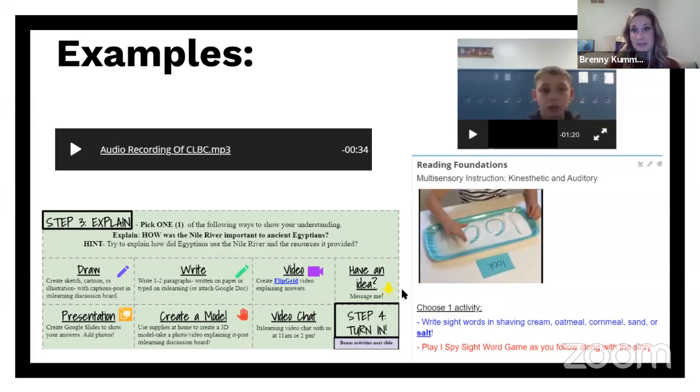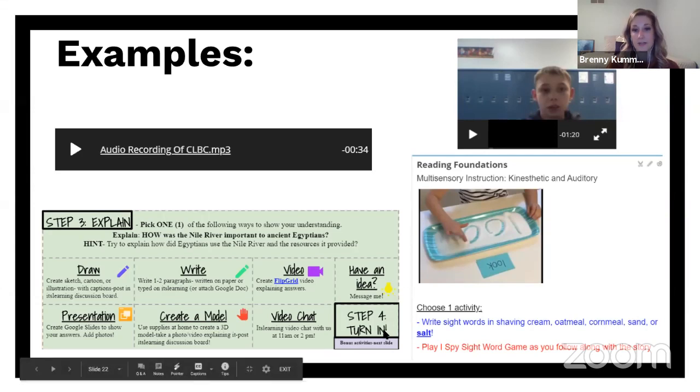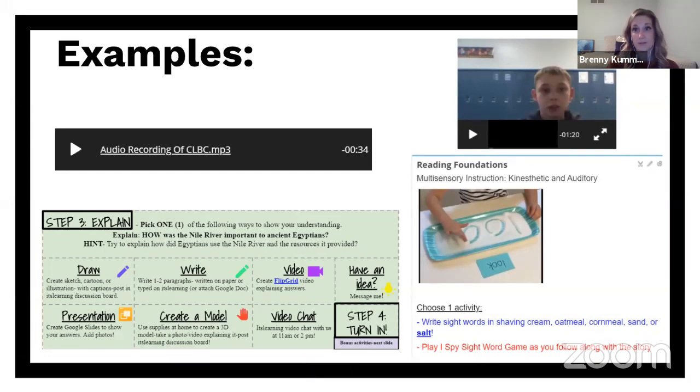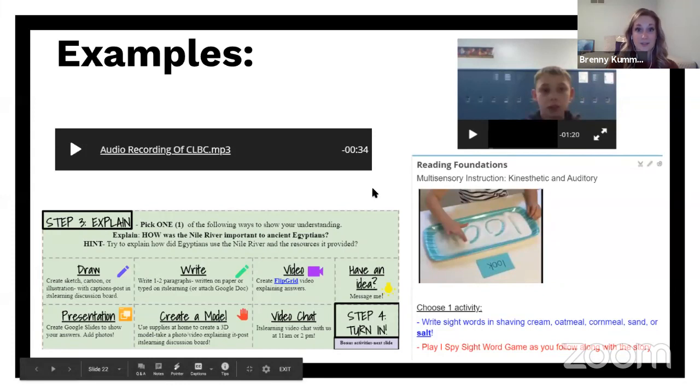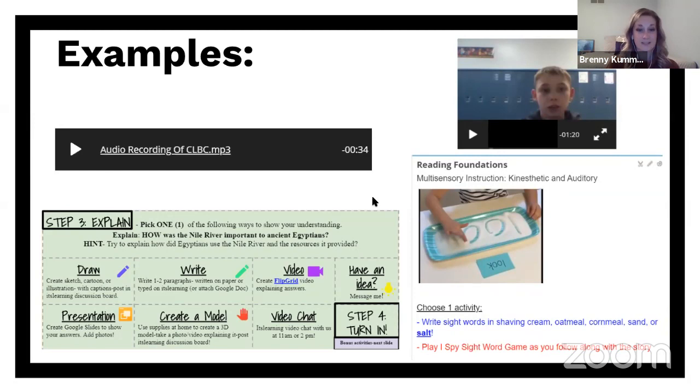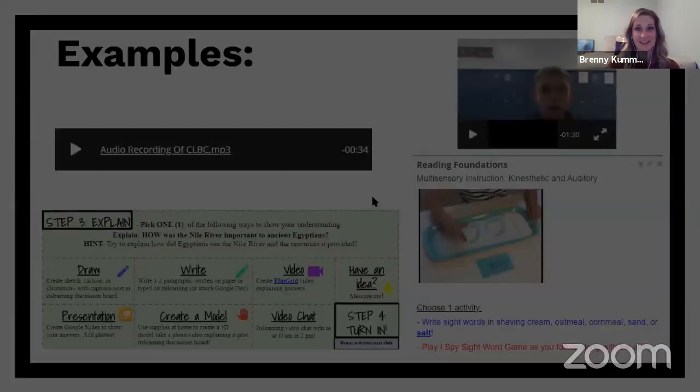And here are some of the examples across different grade levels on the different options that our teachers have provided to students. So there's an audio recording, video recording. The one over there in the bottom right corner is from a first grade classroom, and that was an opportunity for students to practice sight words using household materials, and that was one of the options the students had, or they could do writing or a video. So again, low tech, no tech, high tech options there for our students, and then another choice board there as well. Next slide, please.